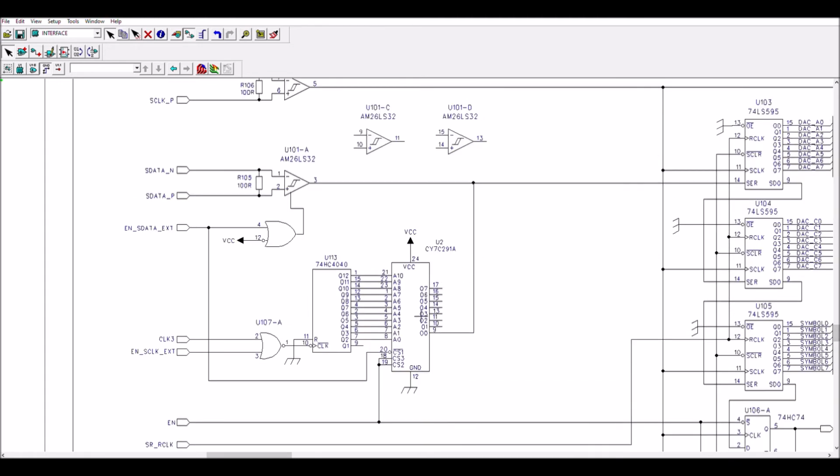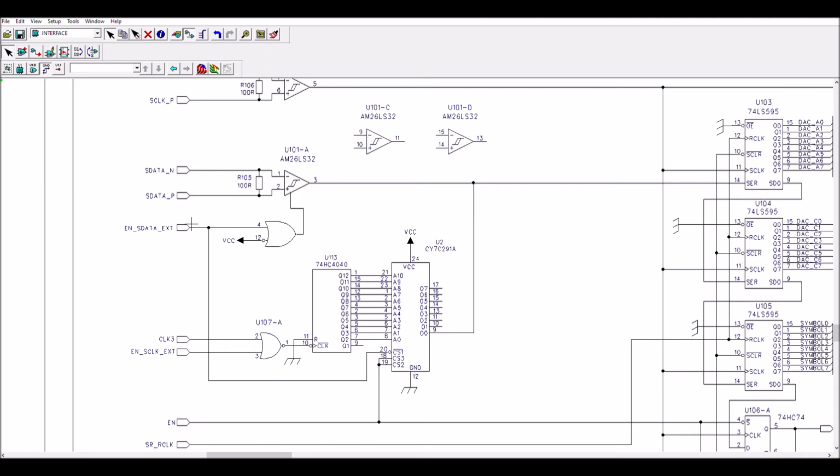So inside this PROM can be stored some symbols and some locations in order to display something on the screen. The signal which permits to select between the external data which come from the host computer or the data which come from this PROM is made using this signal here.